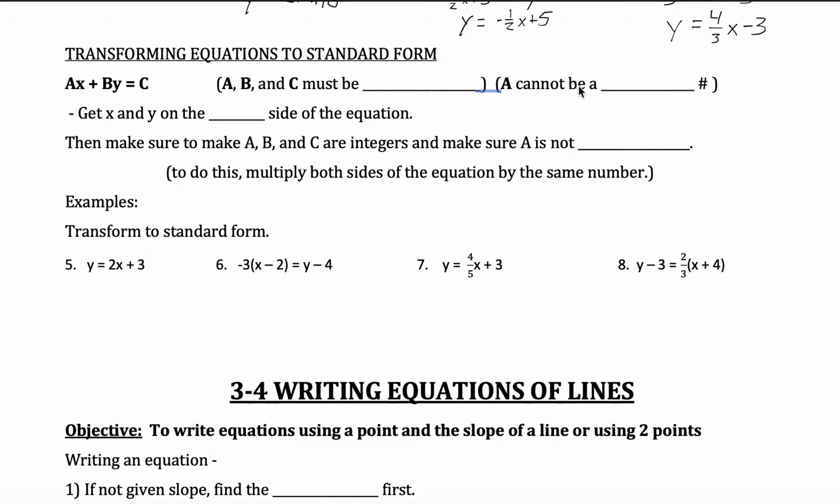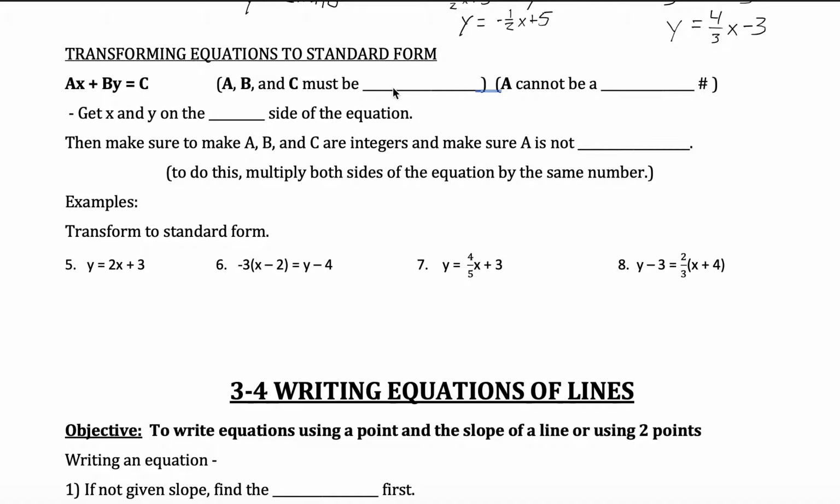We just transformed our point-slope equations and our standard form equations into slope-intercept. Now we're going to change our slope-intercept and point-slope equations into standard form. So first of all, there's a couple things we need to remember about standard form. First is that our A, B, and C values must be